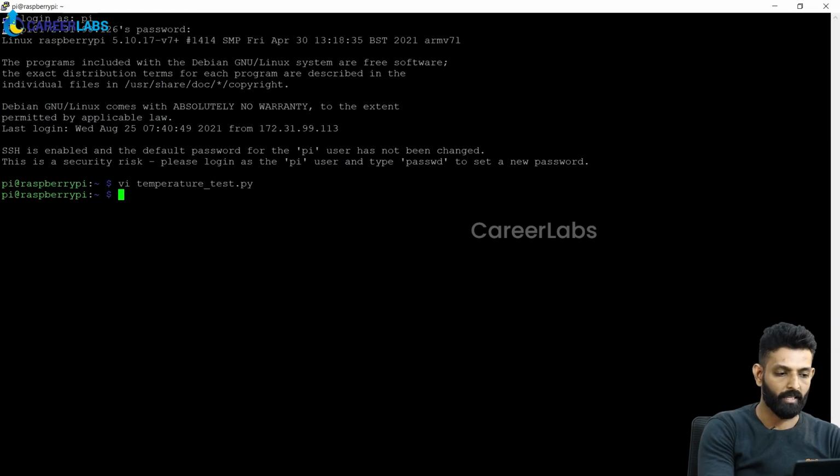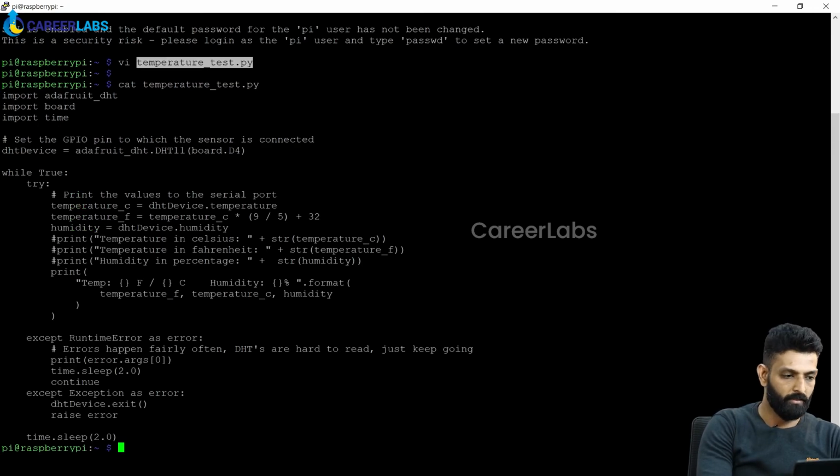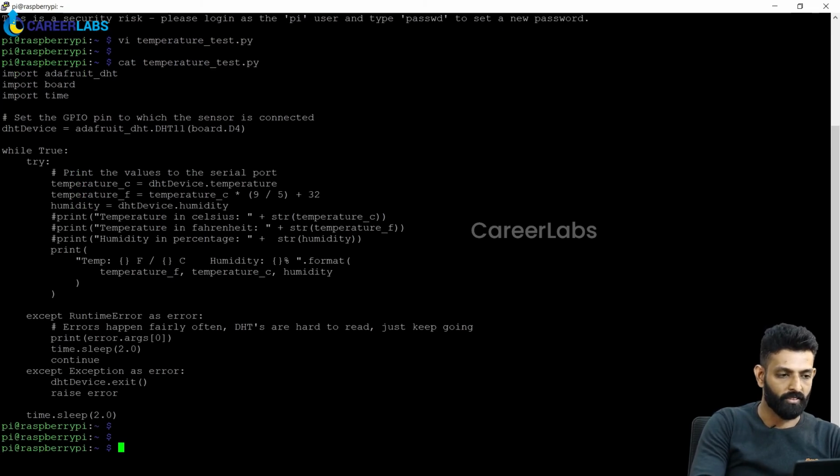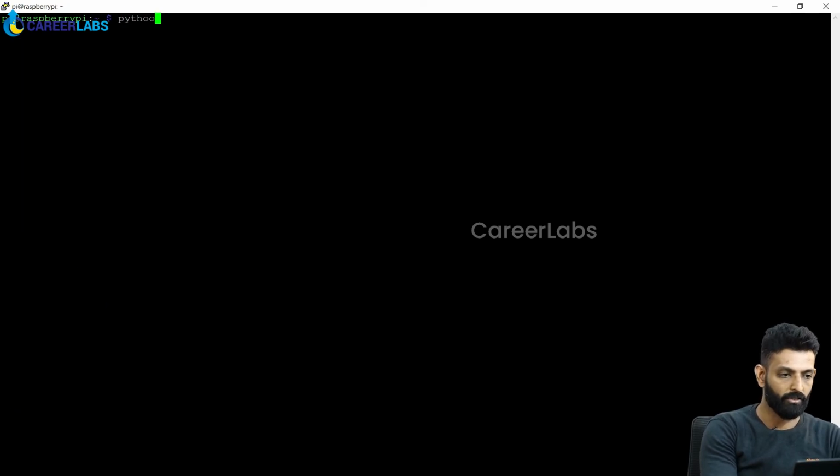So now let's go ahead and run this program. So I've saved this file. So you can see the file content using the cat command. So this is the program which we have saved now. So let's go ahead and run this program. To run the program, we'll be using the command called python3. We need to give it as python3 space file name